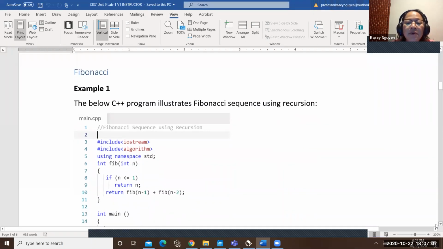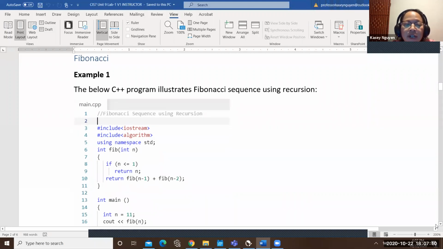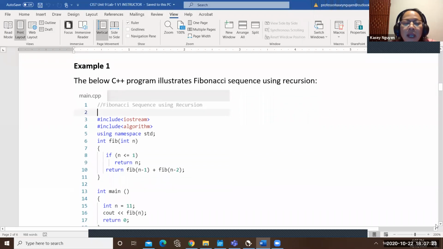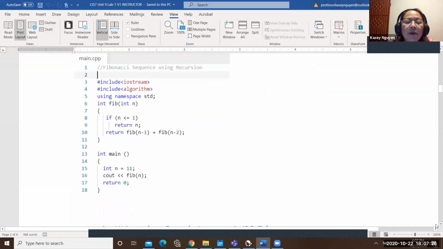So in the example 1, we are going to use recursion. And in the past few weeks, we talked about how we can implement recursion, how that would be beneficial, or it has drawbacks. So in example 1, this program is a very short program. It simply begins with the function header, it tells you that the function is to take integers and it's called fib. And we would pass int n into this function.